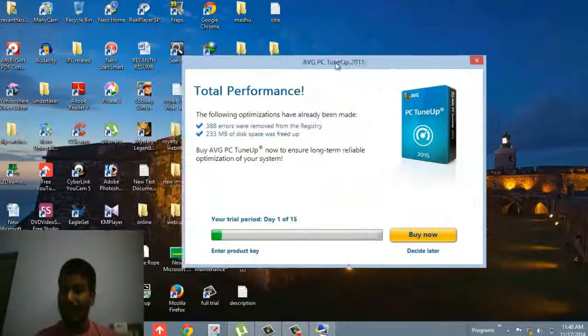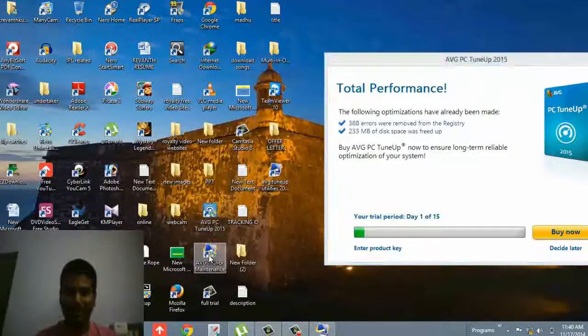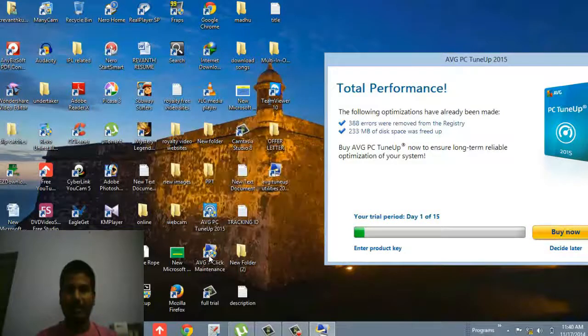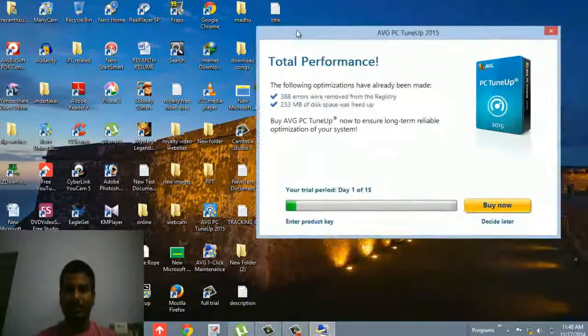This is the new shortcut here, and now my trial period is starting from day 1 in this new shortcut.